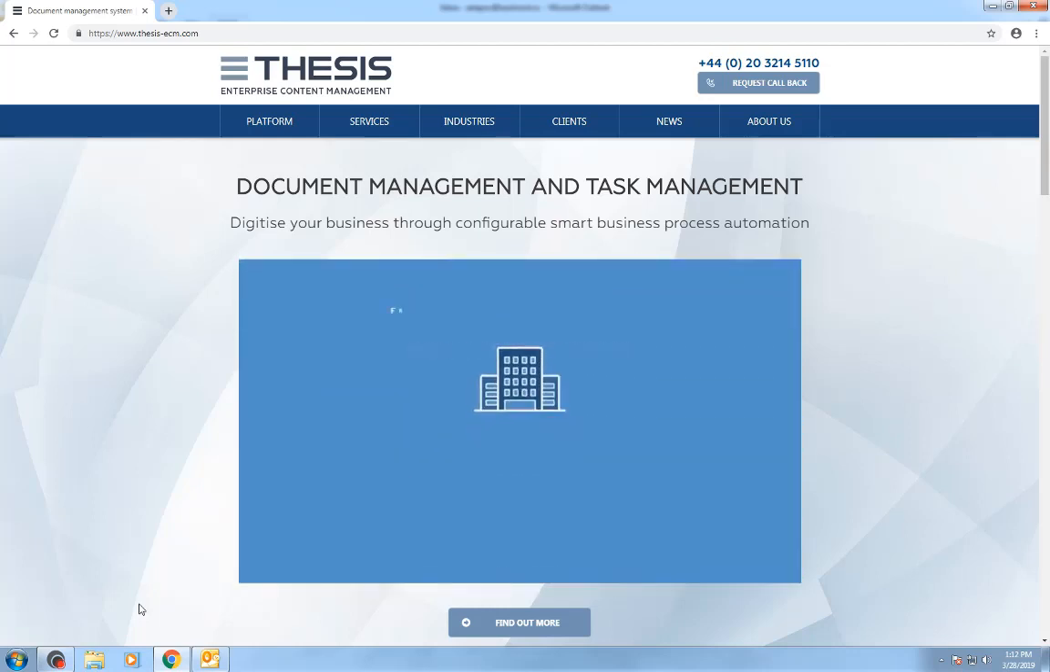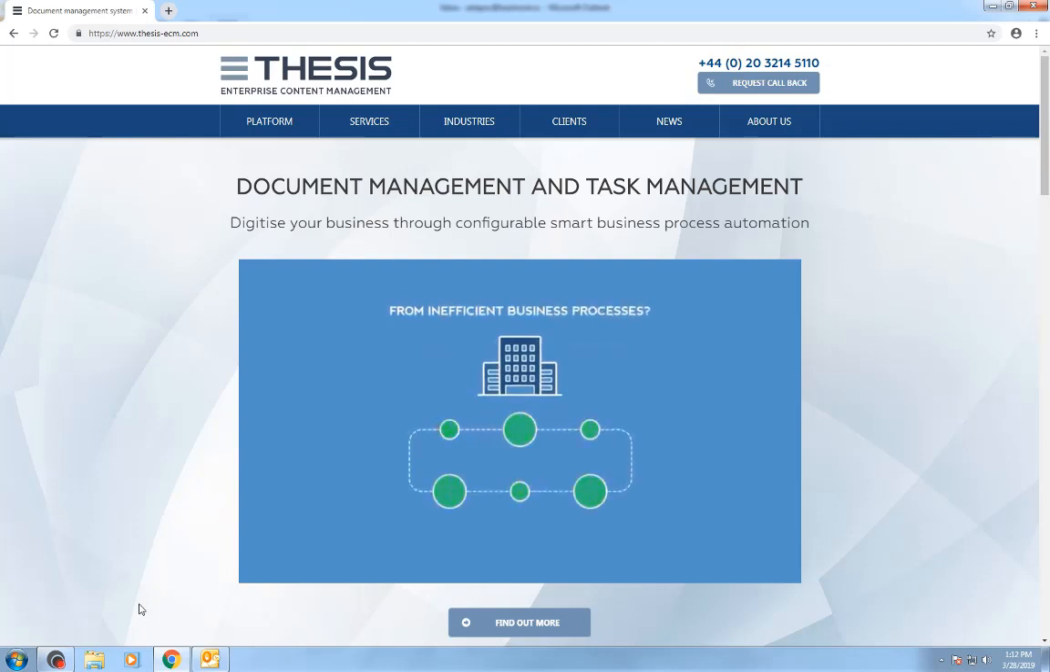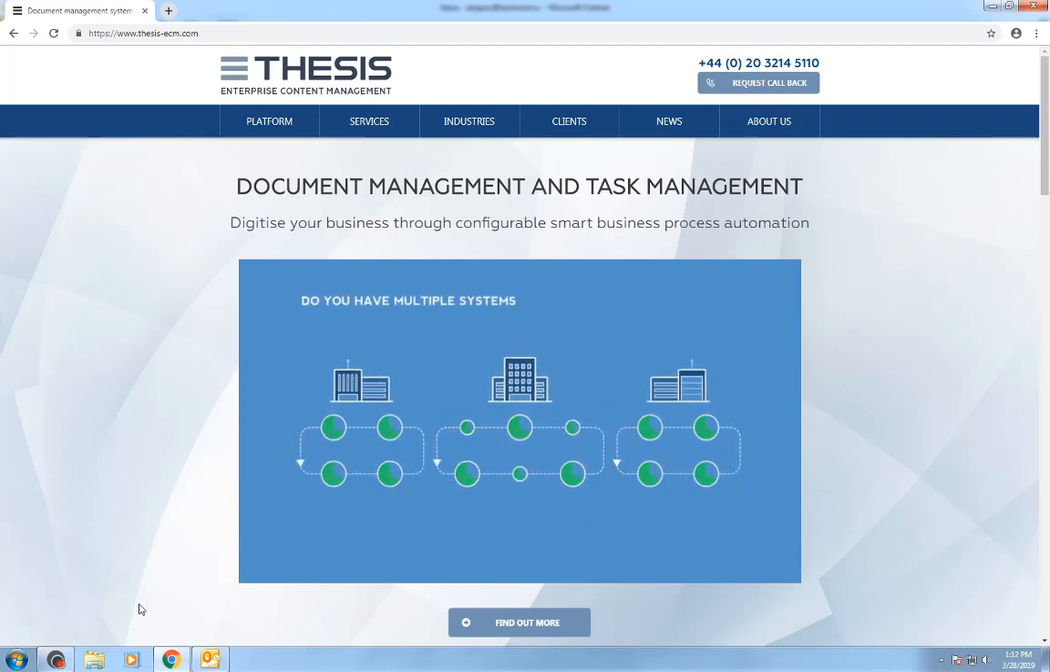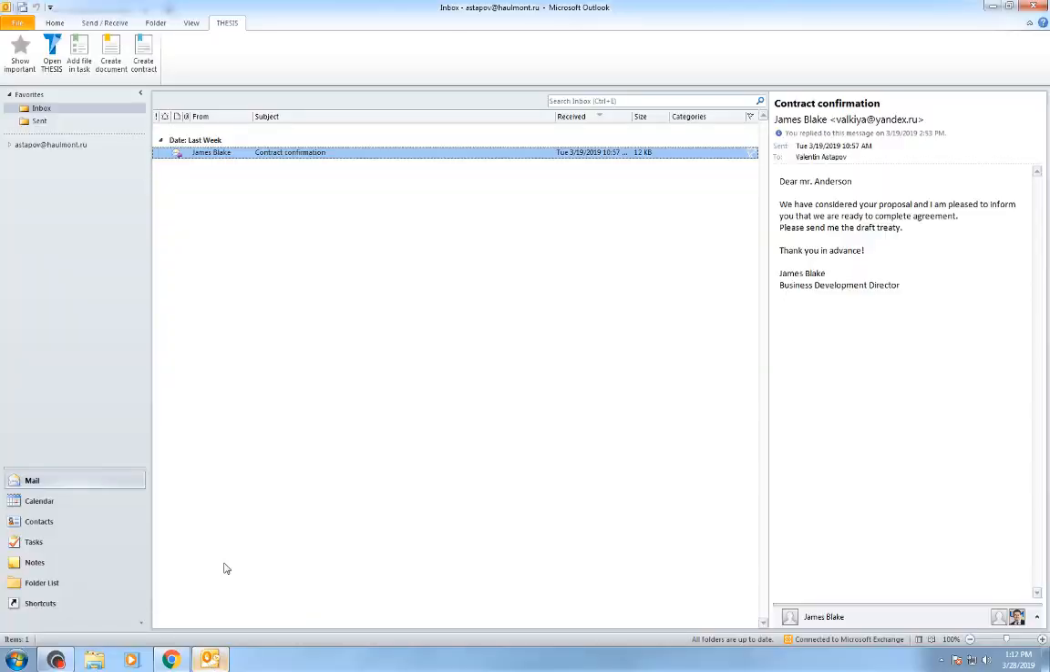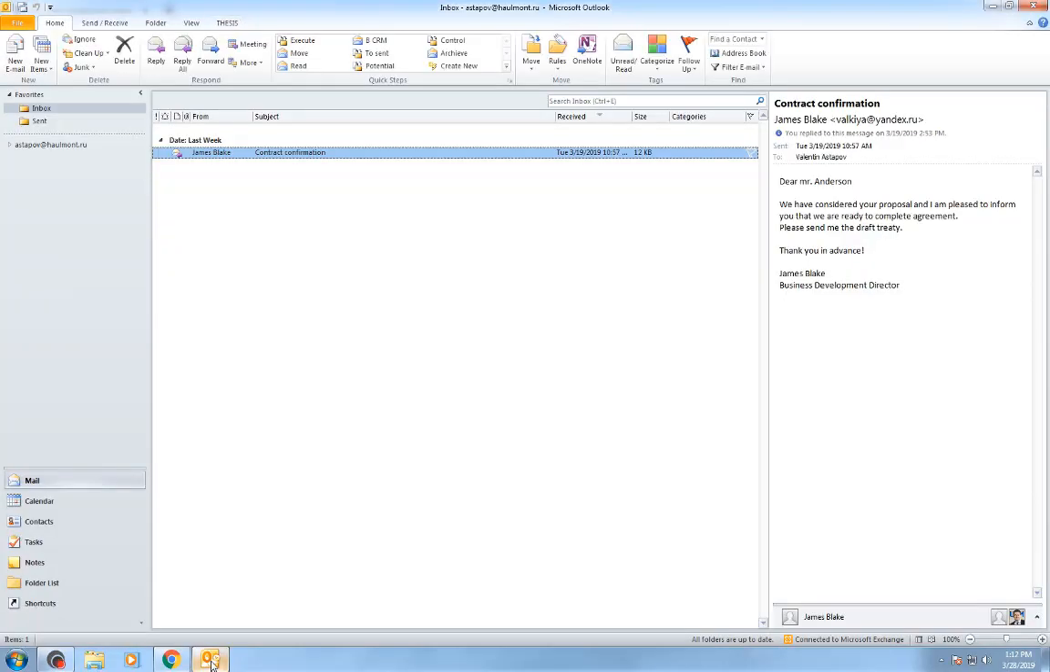THESIS is an ECM platform which helps businesses to streamline processes to increase efficiency and productivity. Today we'll look at how easy it is to upload a document from Outlook and start an approval process with THESIS. So let's open Outlook, where we've got a new email from a client accepting our proposal so we can